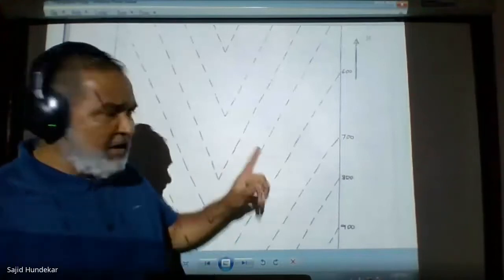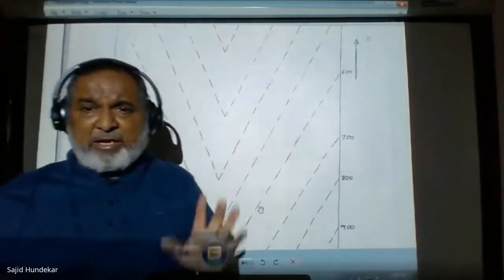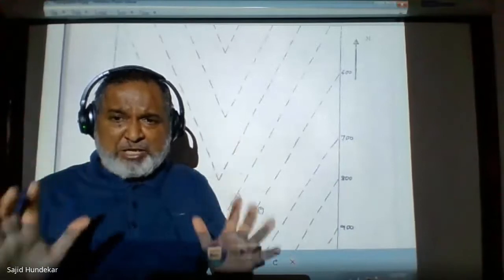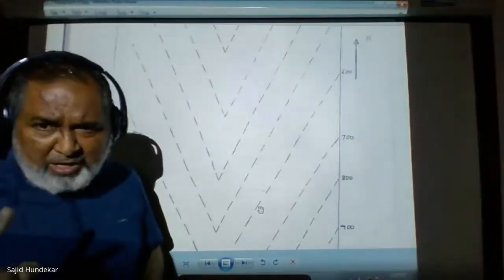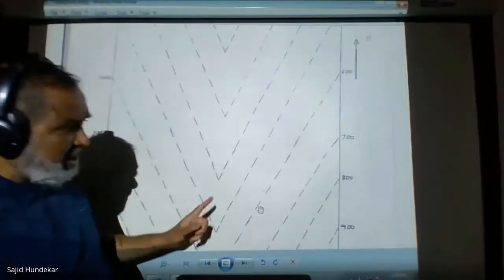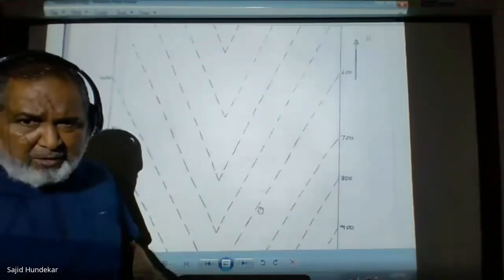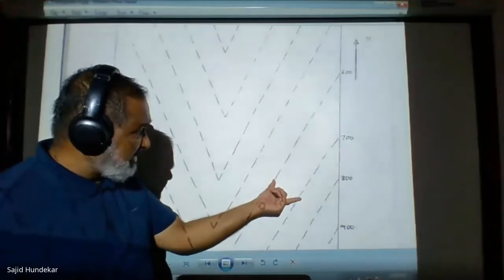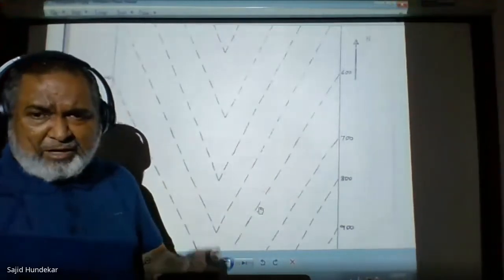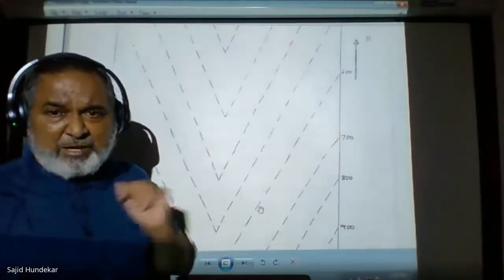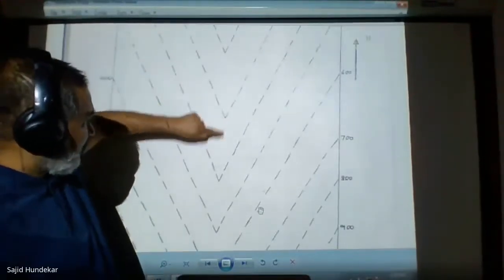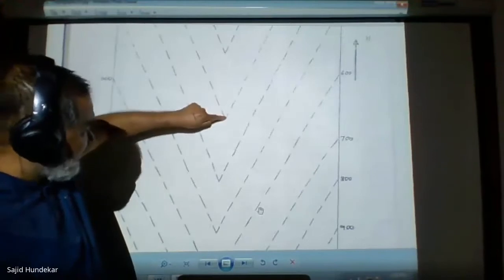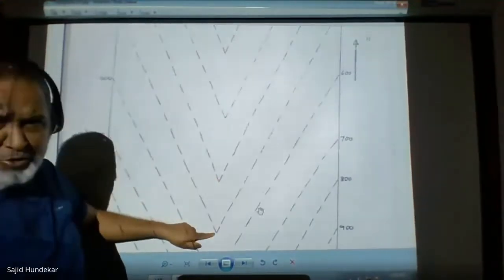The first sentence: the given topographic map is showing a V-shaped open contour pattern. The second line: the contour interval. The contour interval means the difference between two successive contours. The contour interval is 100 meters. Now the next point: this is like a nose. Yes, V-shaped values, a nose is there. So this is the highest nose.